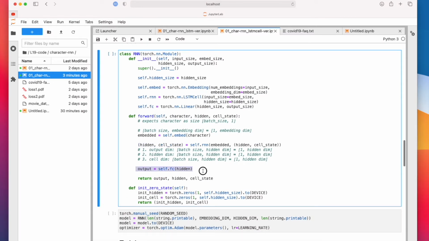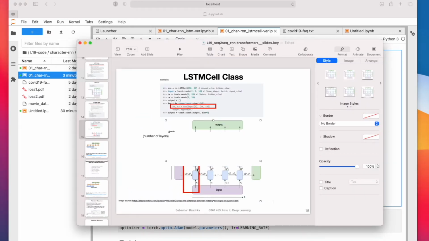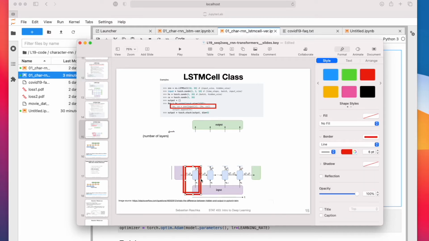And then this is computing our logits for the softmax, for the cross entropy loss. So this one output here is essentially this one through a fully connected layer. Maybe it's clearer like this.